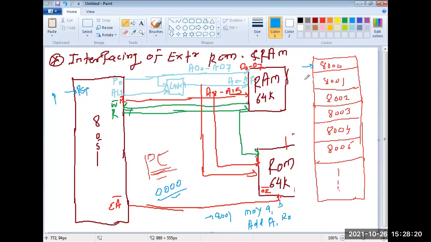Sending outside means writing the data. In case of RAM, I can write it and I can read it with the help of these pins, the port 3 pins. That's why I need the address bus as well as the data bus in case of RAM. But in case of ROM memory, I need only the address bus because I'm reading only. Is it clear now?